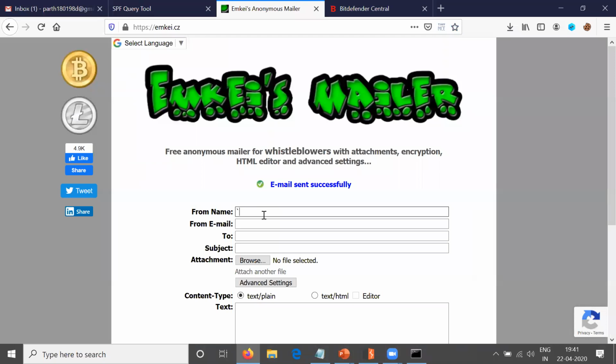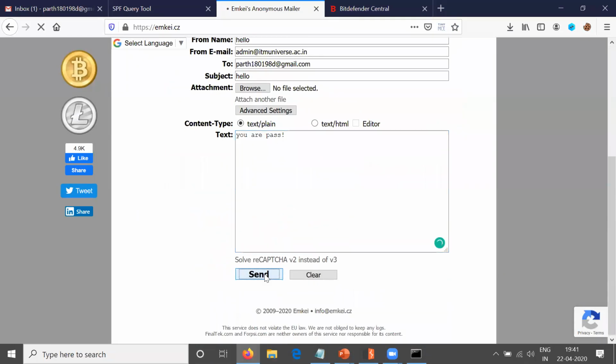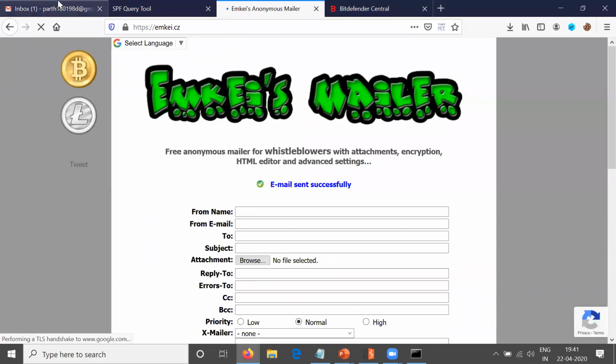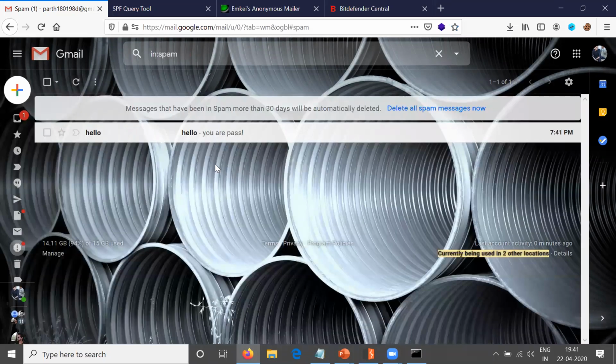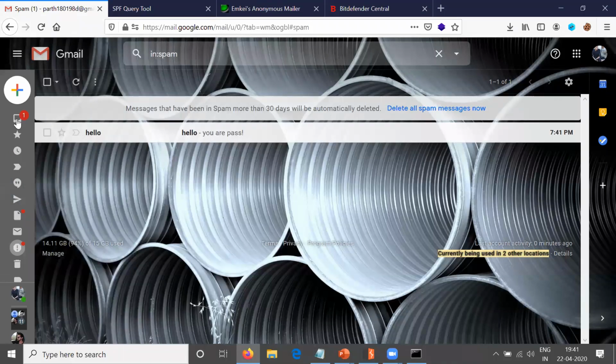We'll still try here. I guess it is working till now. See, they have a valid SPF record, and thus my email went to spam, but not the inbox.